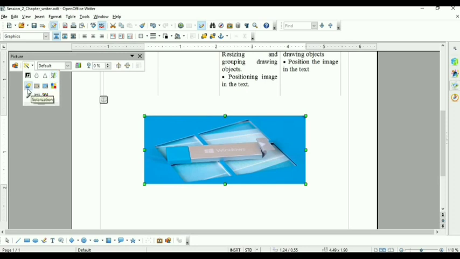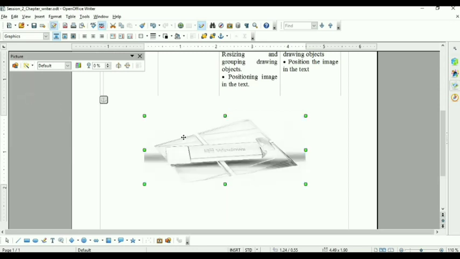You can apply it. Then solarization effect, aging effect, posterization effect, pop art effect, charcoal sketch. Once you click on charcoal, you will see the picture like this. So many options are available here. You have to see. Okay. Then Control Z, undo.